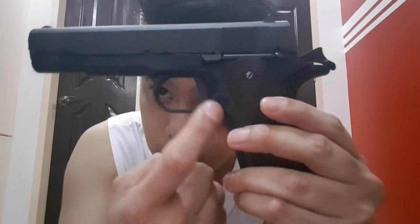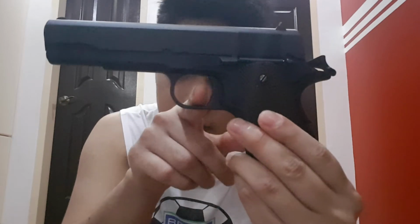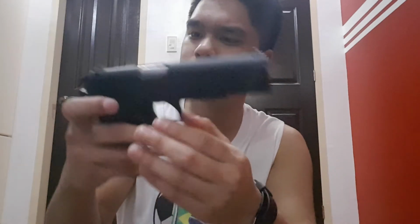Oh, the trigger. Yeah, standard trigger, no extended skeletonized trigger. Just standard, nothing. The competition style triggers, which I actually prefer, because I have pretty large gloves. So if maybe I got the skeletonized trigger, I would probably have a hard time